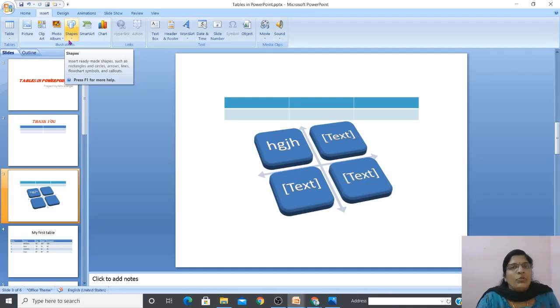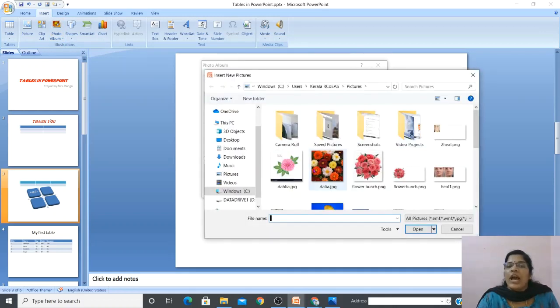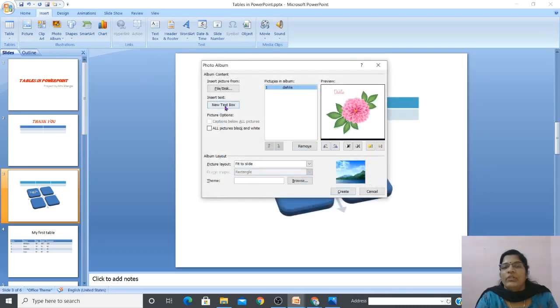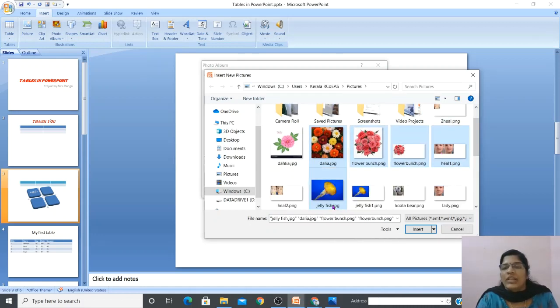Then the last one we studied was how to create a photo album. For that, again go to insert tab, illustration group, photo album arrow and new photo album. Here using the file option, you have to select the pictures one by one. If you want to select multiple pictures, hold down the control key and then just click on them. See, I'm holding the control key, first one, second one, third one, whatever you need, you can select it. See, 5 files are added at once.